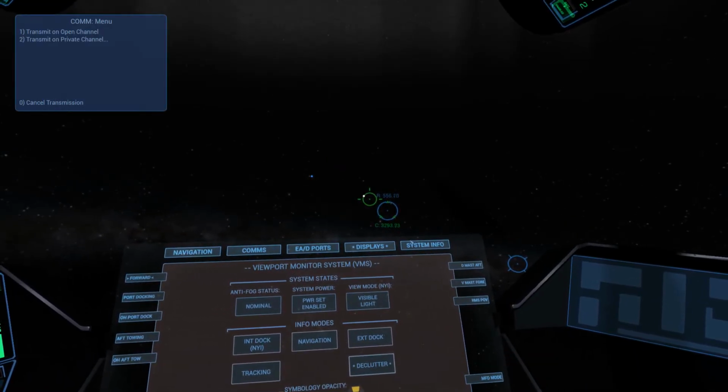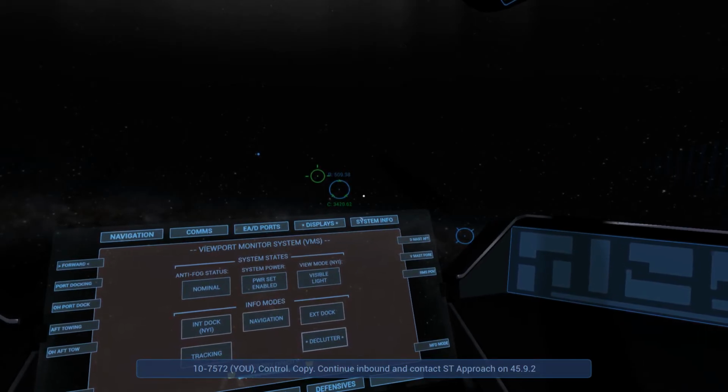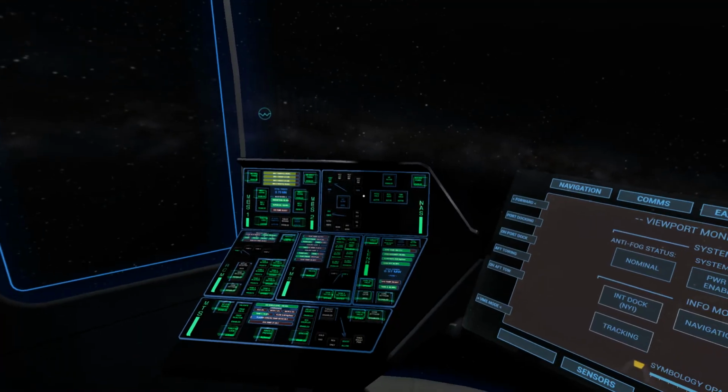Let's again go for an open channel. Space traffic control. We are on approach, hopefully. What is he going to say to that? Continue inbound. Contact us on 4592. Oh, they're giving us frequencies. Okay, that's good. The one I'm a little bit concerned with, I'm going to start slowing down